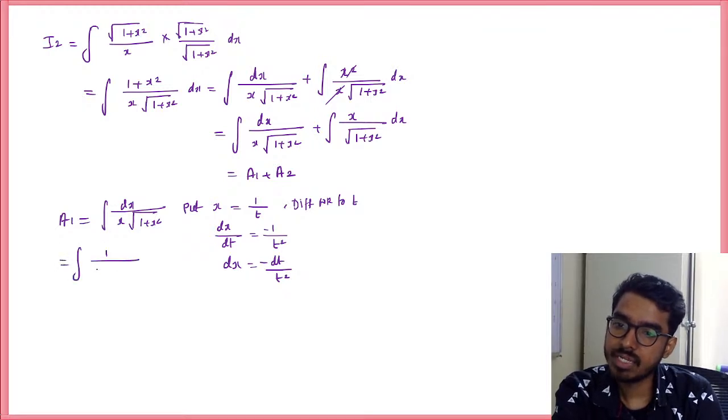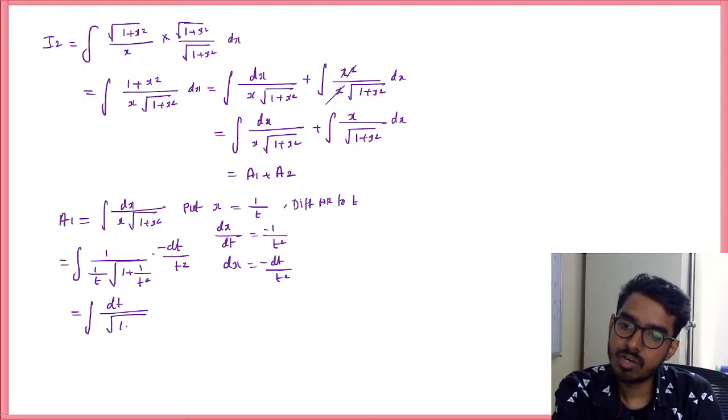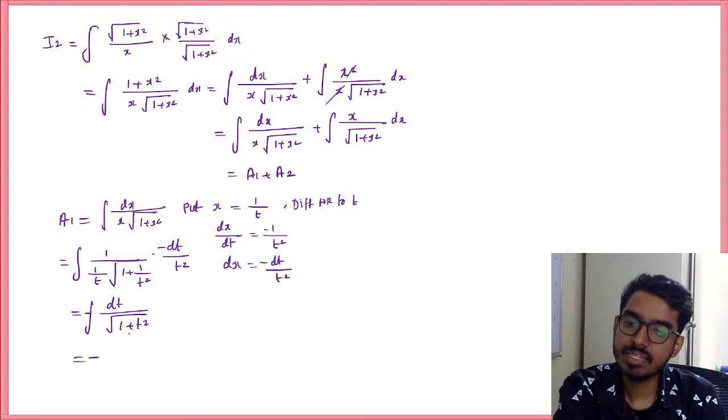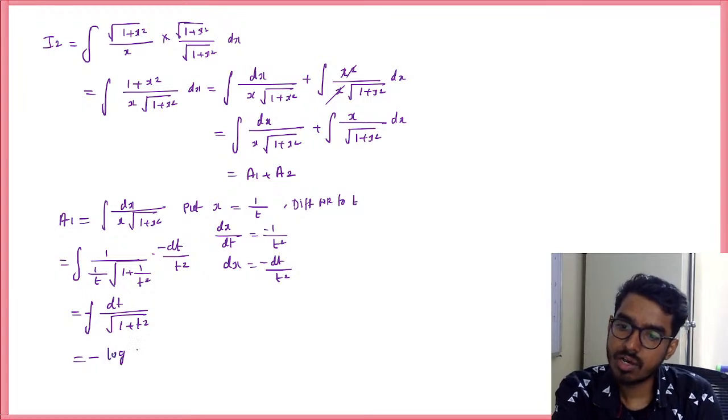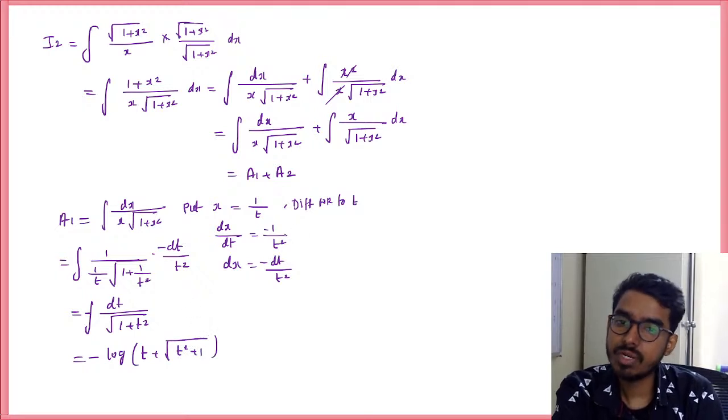This will be integration of x is 1 by t plus 1 by t square, and dx is minus dt by t square. So we will have dt divided by, so this t square will get cancelled, root of 1 plus t square, minus outside. So minus log of t plus root of t square plus 1 is a1 value. And similarly,